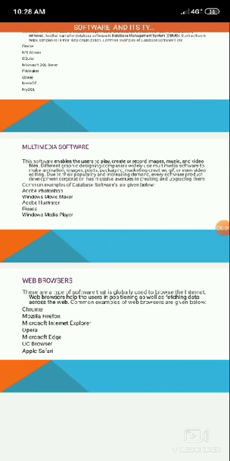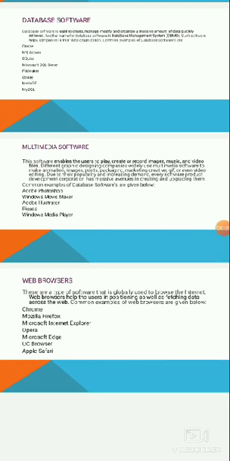Multimedia software. This software enables the user to play, create or record images, music, videos and files. Different graphics designing companies widely use multimedia software to make animation, images, posters, packaging, marketing creatives, or even video editing.